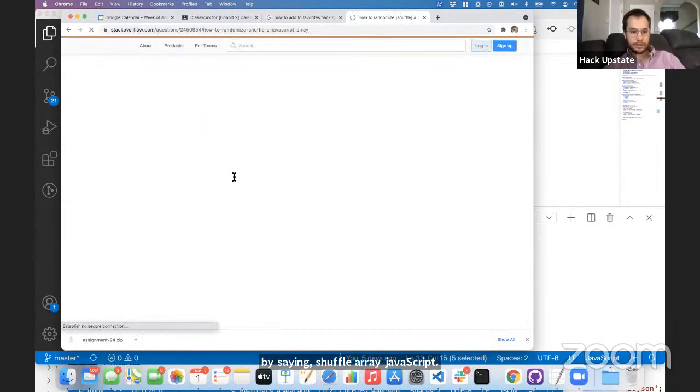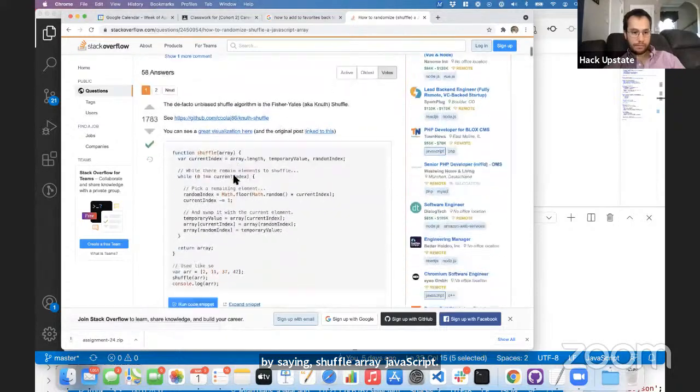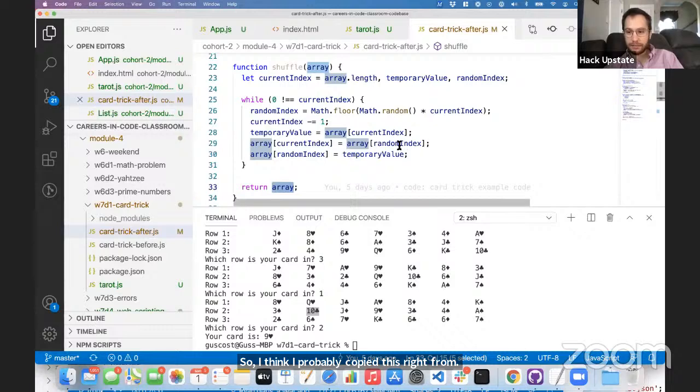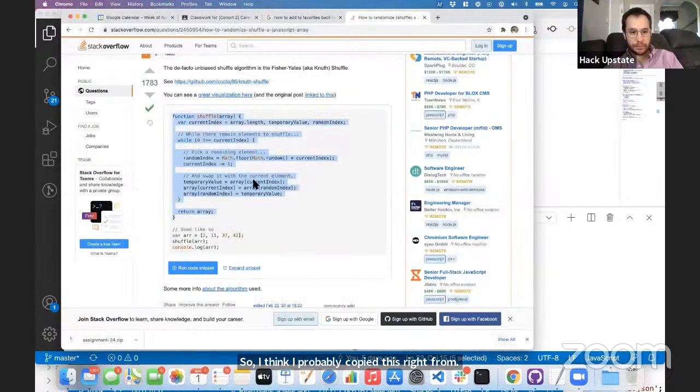How to randomize a JavaScript array. Yep, I bet I pulled this exact code, because it looks like the same thing, the same names for everything. I think I probably copied this right from this exact Stack Overflow. But they have some comments here. So it looks like what we do is,